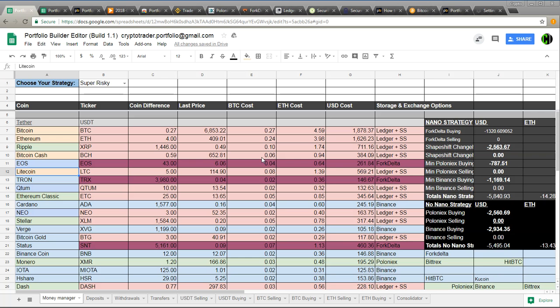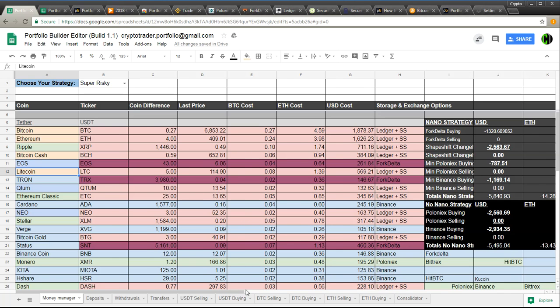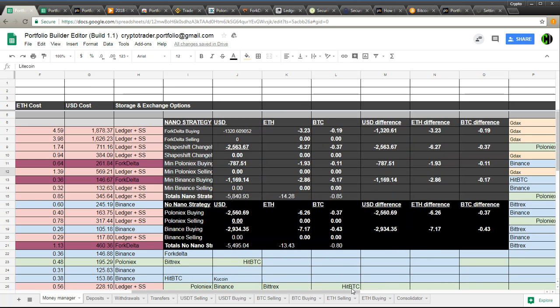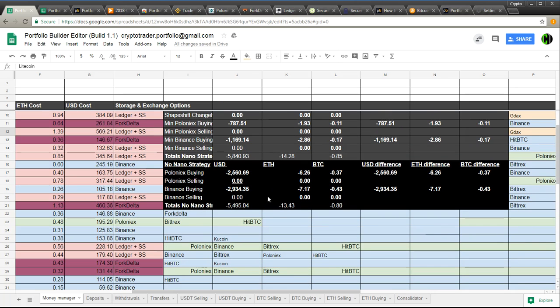And so with the simple strategy that does not use the Nano Ledger S and a few other nifty tools, if you're just going to be using exchanges, which again I don't recommend, but you can use that to get started, you can see this nifty tool over here. Out of the $10,000, I'm going to need to send $2,560, which would be